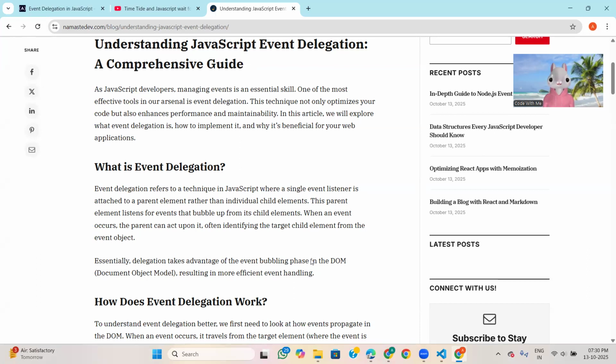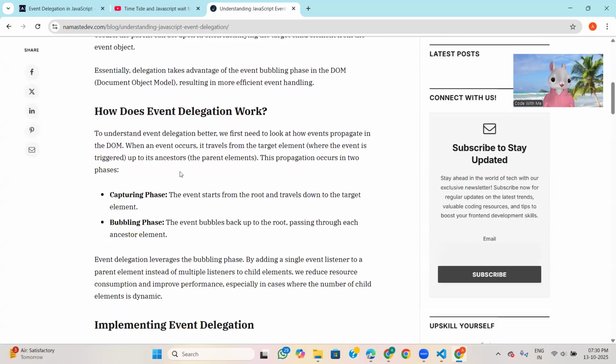And this parent element listens to the events that bubble up from its child elements. Whatever event occurs in the child, the parent listens to that. And when an event occurs, the parent can act upon it and identify the target child element from the event object. I think you got my point. So now we understand how event delegation works.